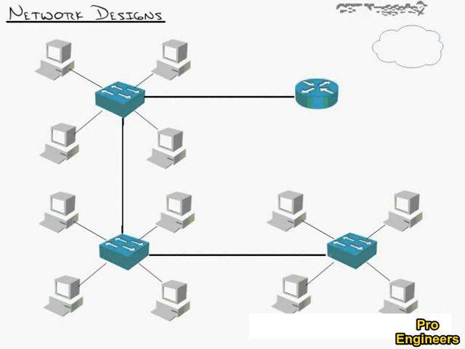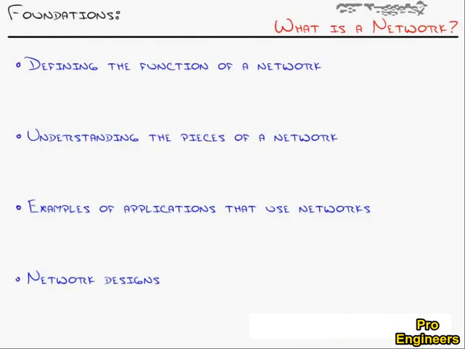You might also have a ring by attaching these switches together into a ring formation, and now you've got some redundancy between them. So if this link died between your switches, you still have successful communication that can happen. So those models, even though they were from networks of yesteryear, decades ago, are still employed today, even in our modern Ethernet world, to design our local area networks. And with that design view, that is the foundation of what a network is all about.